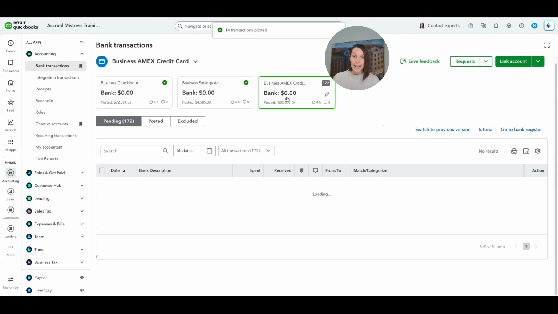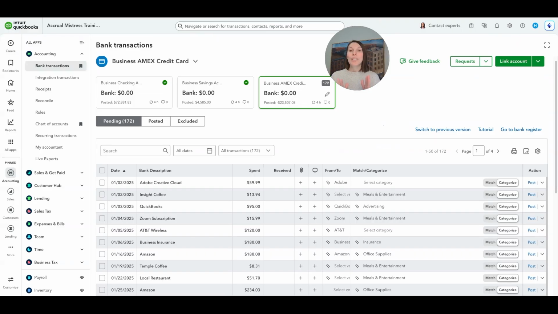All right, so now we are down to only the transactions that are on our American Express credit card here. And there's another cool thing here. We've already added all the payments, so we've already done everything that flows back and forth through the accounts. Really, what we should be seeing here remaining are transactions that just need to be classified. So this is another point where you can decide how you want to break this process down. Maybe you want to go month by month and classify everything as it's happening,